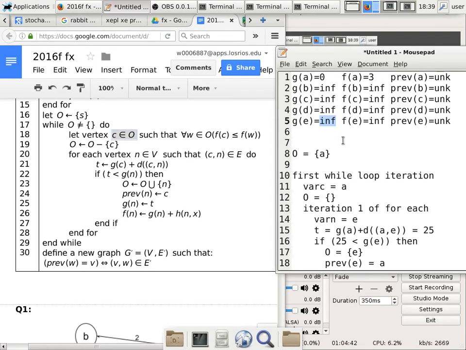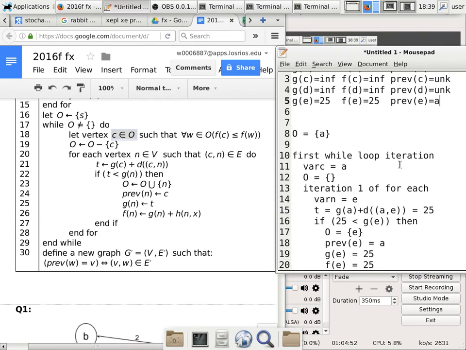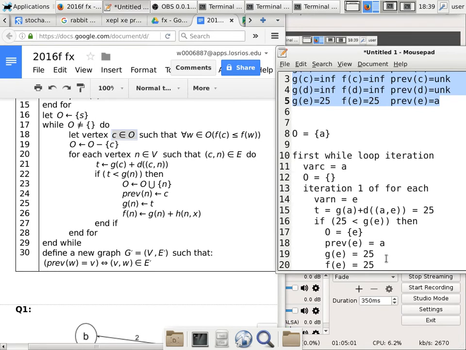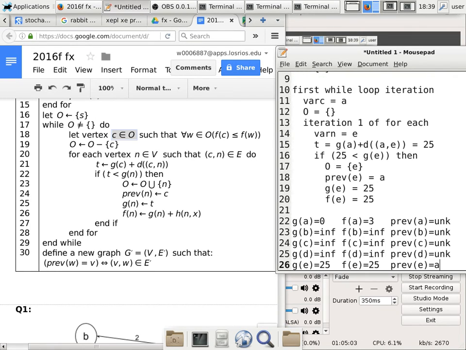All right. So instead of looking at the updates like this, let's go ahead and actually update the stuff up here. This is 25. This is now 25. And this is not unknown anymore. This is just A. And I think those are the only updates that we did. So I'm going to copy and paste this just so that it's easier for us to follow those values around. Okay, there we go.